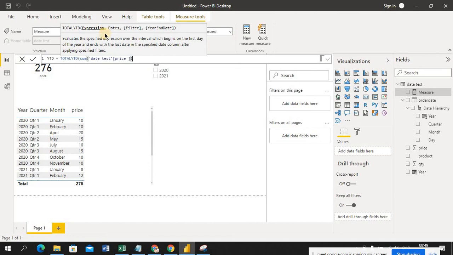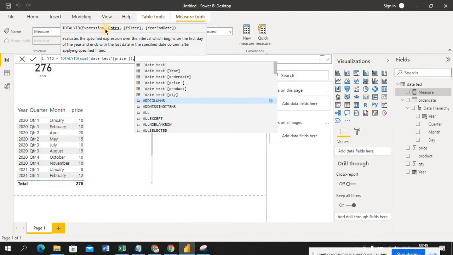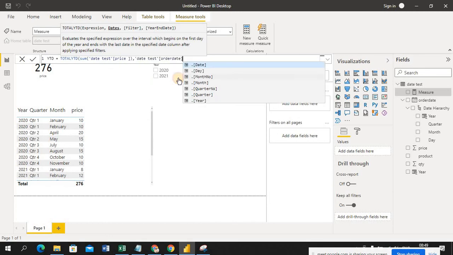Next comma, it's asking me to give a comma. After that it expects a date. What is the date? I can say this is order date. This is my column, which comes from the background, from my Excel sheet. Just select the date. This filter and all I'll tell you later, it's nothing but the filter I discussed in the background. I want to check, like, 2020 as a filter, 2021 as a filter, January as a filter, product pen as a filter. So first try to understand this basic DAX.